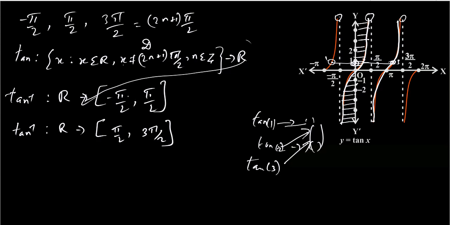So if we take the graph of the tan inverse function, this is the graph of the tan inverse function. Here the x-axis values will be 0, 1, 2, 3 and minus 1, minus 2, minus 3. From the tan function to the tan inverse function, the y-axis of tan becomes the x-axis of tan inverse, and the x-axis of tan becomes the y-axis of tan inverse, so that it has flipped over.